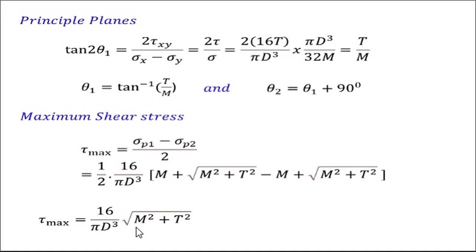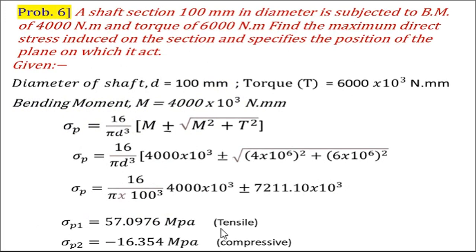Many times, if it is combined loading, meaning the bending moment and the torsion are both acting onto the member, at that time for the maximum shear stress you can use this relation. Okay, so on these particular formulas which we have derived, we will take one short problem so that you can understand what type of problems are asked on combined loading, meaning bending moment along with torsion, and because of that, principal stresses and principal planes we can determine from the derived formula.